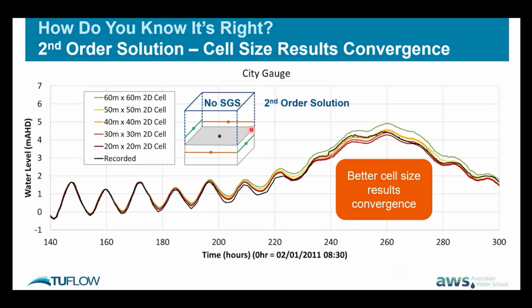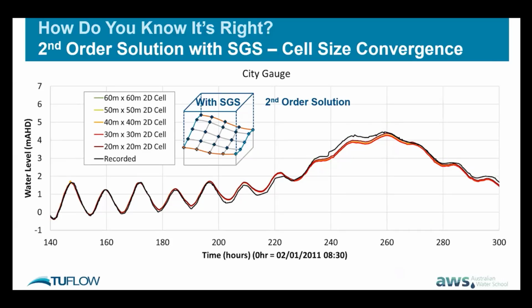per cell center and on the cell sides. So that's what we call no subgrid sampling. One of the more recent developments has been subgrid sampling, and what that does is all the information sitting inside a cell is stored as storage curves and conveyance curves on the faces. So we're getting a more precise representation when water is below the highest elevation point in the cell. And this is what we get.